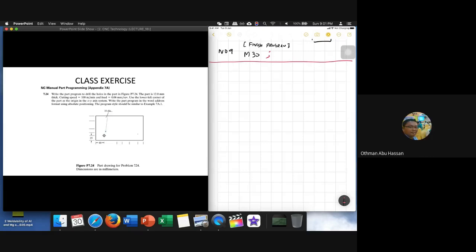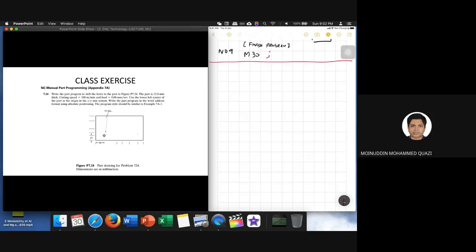Doctor, how about the diameter of the tool? Yeah, so if the tool diameter is, let's say, 12 mm, then you should have at least 12 mm clearance, at least. Or the radius, at least the radius, perhaps. That's a good question. And here the cutting speed feed is 0.06. Okay, good.